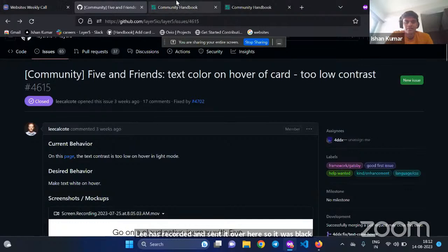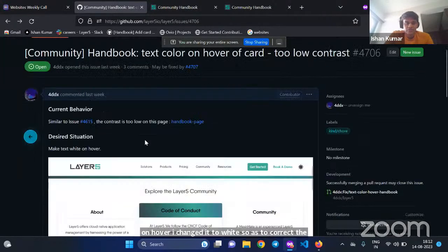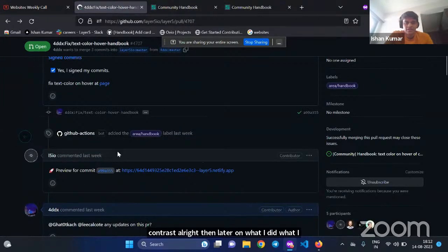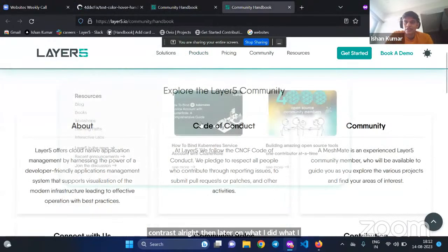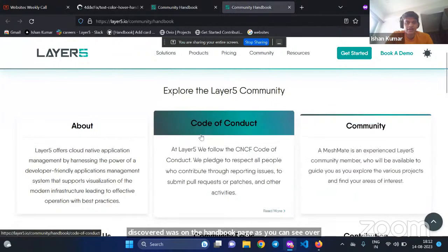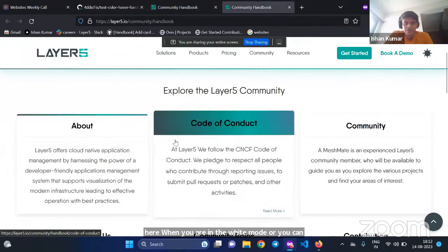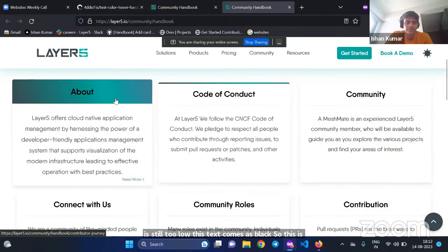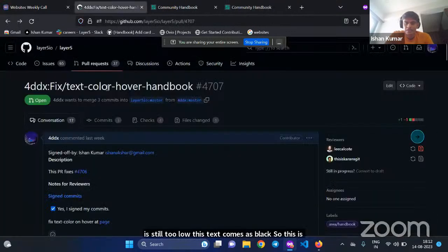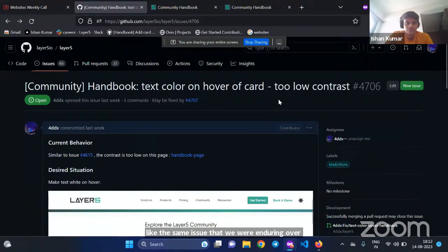Later on, I discovered that on the handbook page, as you can see over here, when you are in the white mode, or the light mode, the contrast is still too low. This text comes as black. This is the same issue that we were facing over here, issue 4706.